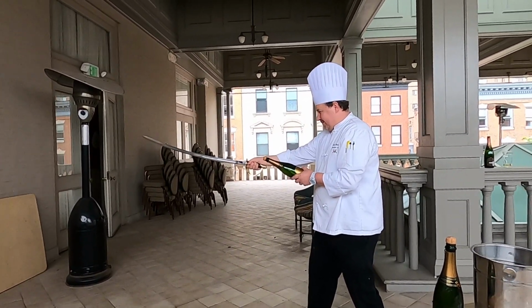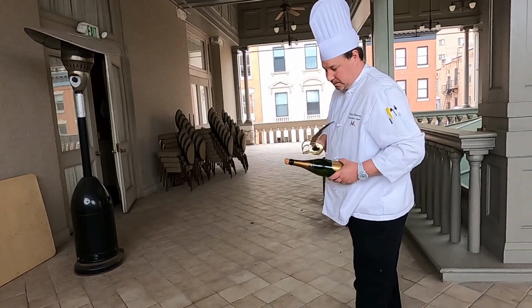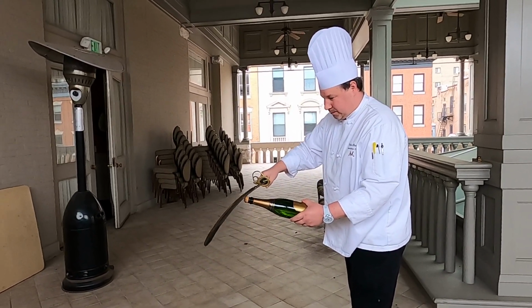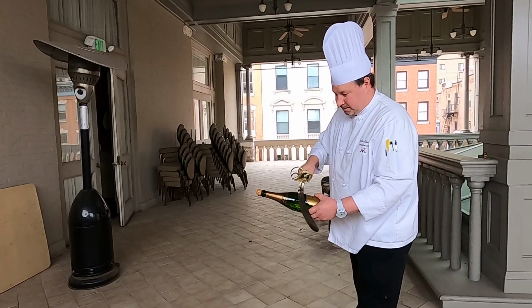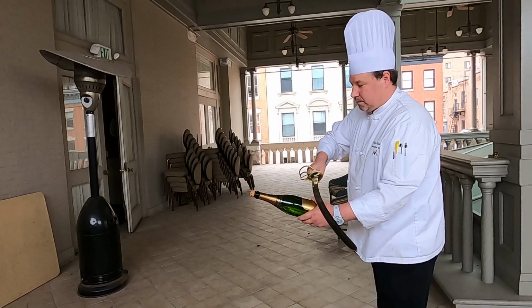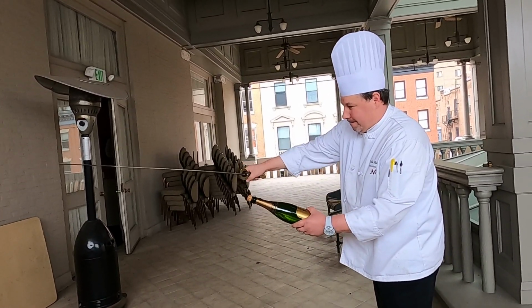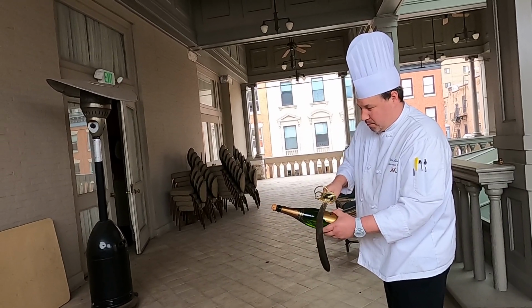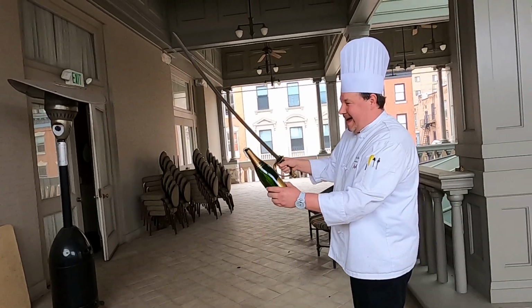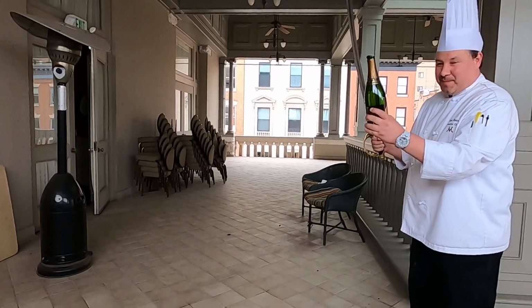Let's not shake it up too much. And then again, what we're doing is simply not a whole lot of power necessarily, but just a nice move with conviction, a firm, steady stroke to catch that lip, and then just propel it forward whenever you're ready. So make sure you're in contact with the bottle. Yeah! Excellent. So instead of cutting down, you kind of go across the...